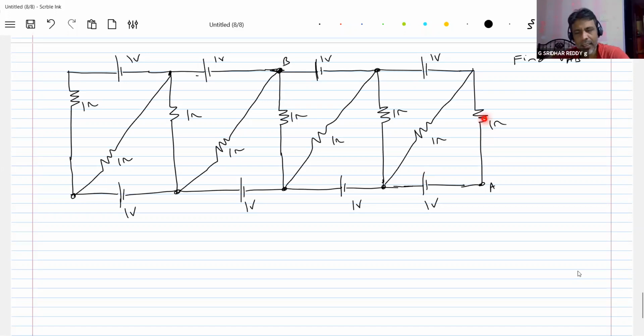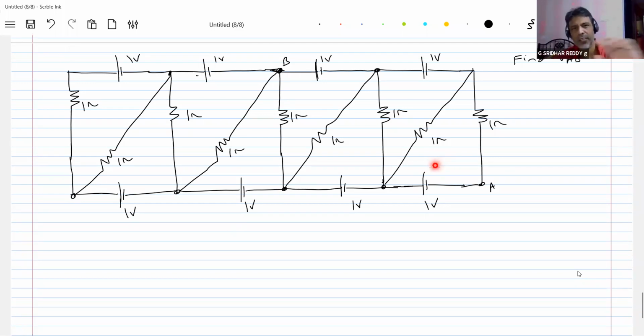Then again this side, you can't disturb, no? Because the potential point is there. So this part of the circuit, you can replace by grouping of cells as possible. But after doing that much, again what happens? Again you'll end up with 4 loops, no? What do you do there? So no alternative. Again I have to do mesh analysis, or again come to nodal analysis. It's really troublesome, no?